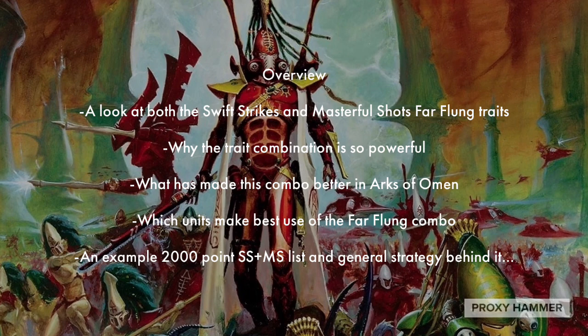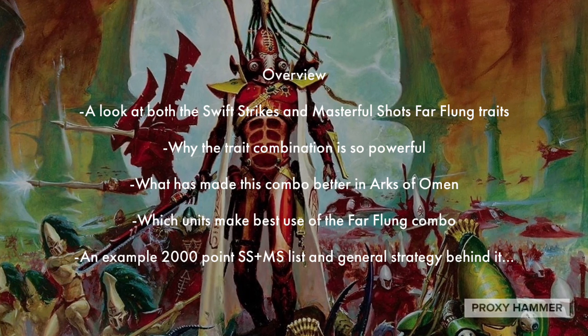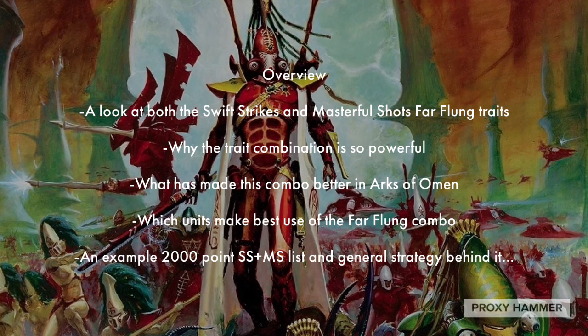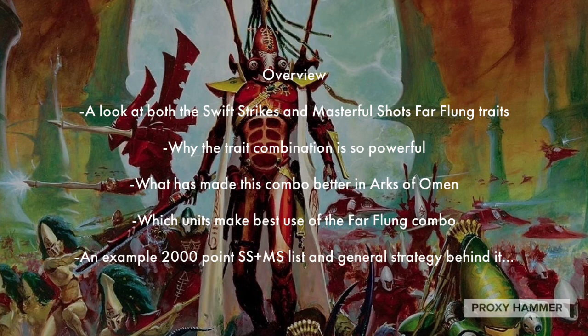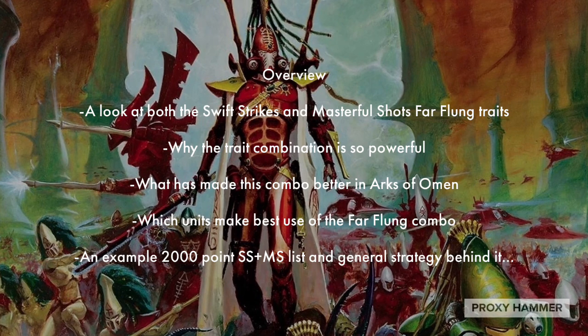So a quick overview of the video, we're going to be looking at both the Swift Strikes and Masterful Shots far-flung traits. We're going to be talking about why the trait combination is so powerful, what has made this combo even better in Arcs of Omen, because I actually do think it has become more versatile and probably slightly improved in Arcs of Omen. We're going to be looking at which units make best use of the far-flung combo, and